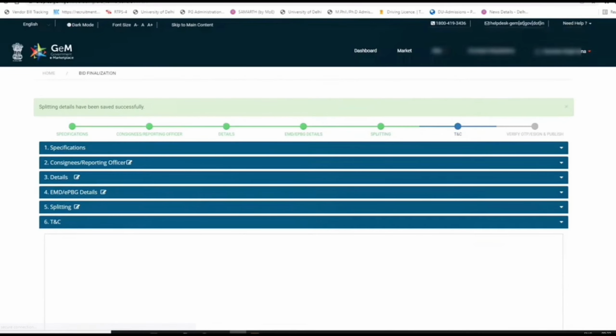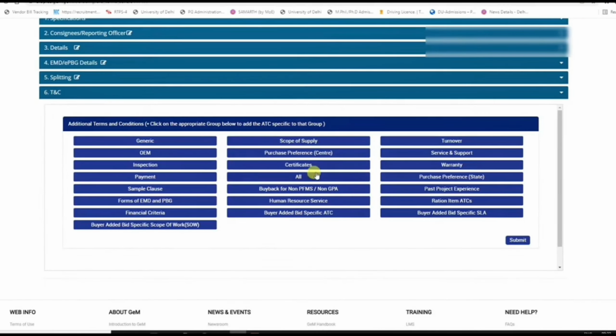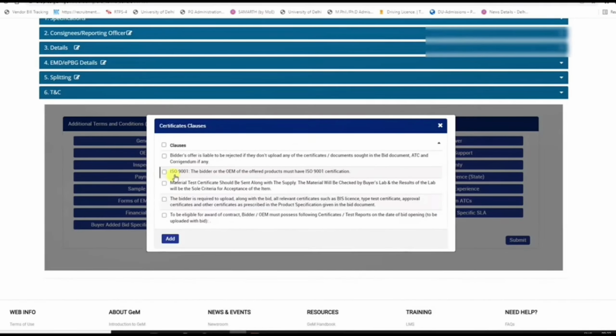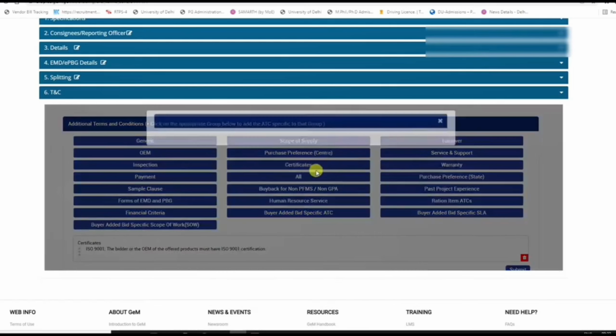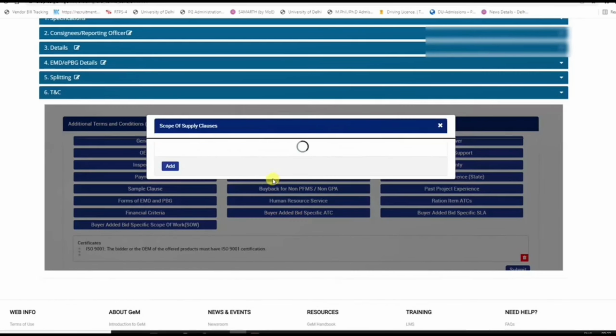Now it comes to the splitting sections. Here there are different options, different certificates, where you can choose yes or no. Like, I require a certificate such as an ISO certificate, so I need to add that here. And for the other clarifications, parameters and certificates, whatever the requirement is according to the product, we have to click. Like scope of supply, here I click on that, and whatever I require, I add as comments in this section.